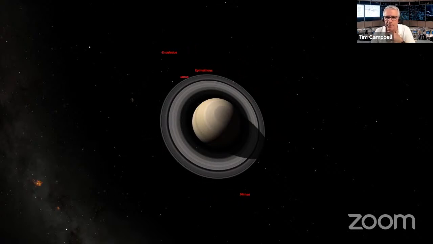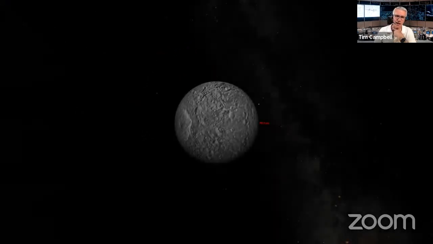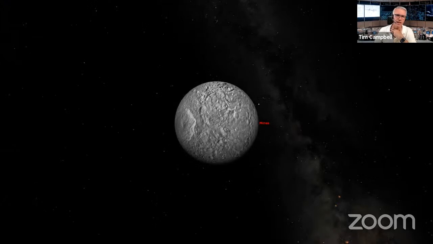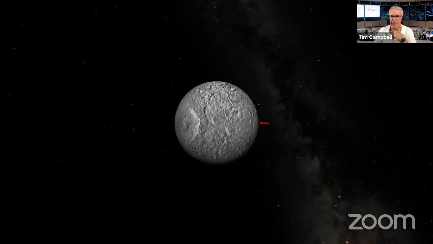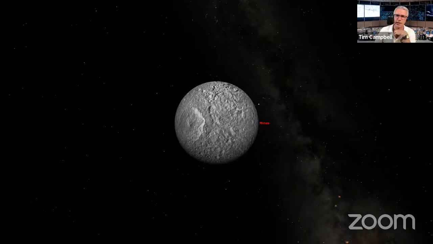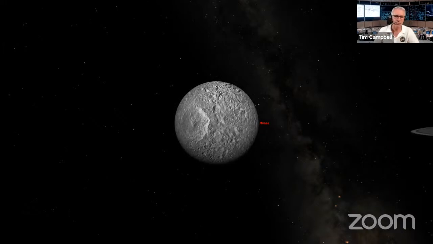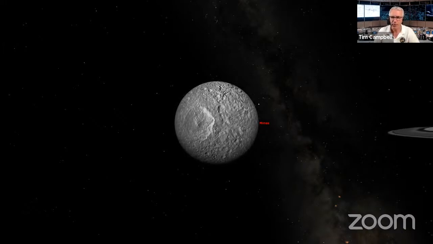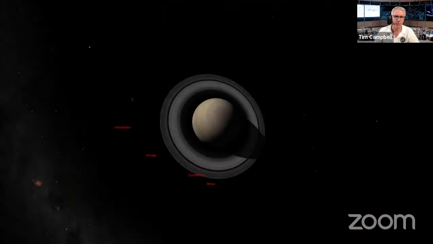Mimas looks like the Death Star from Star Wars. If you've seen Star Wars, they have the big space station with the planet zapping gun on the side of it, and that's what Mimas actually looks like. But if I go back to this and its moons,